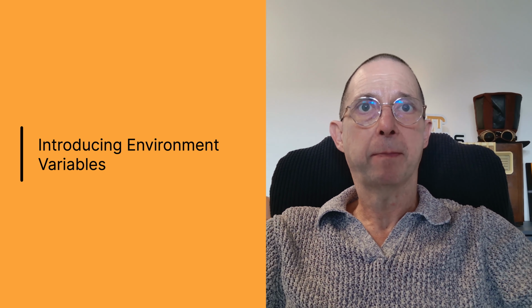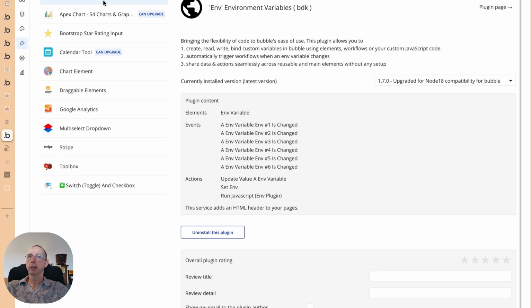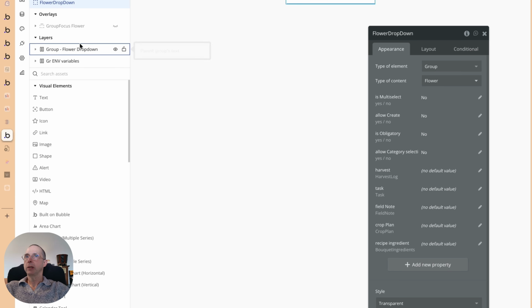The solution is a plugin by BDK. Let's jump over here. It's called Environment Variables. It does have a small cost. You can go and check it out. It's not a big deal. What this does is it allows you to use environment variables like you would use in JavaScript inside your Bubble application. The first thing you're going to do to make this happen is you're going to put on your page